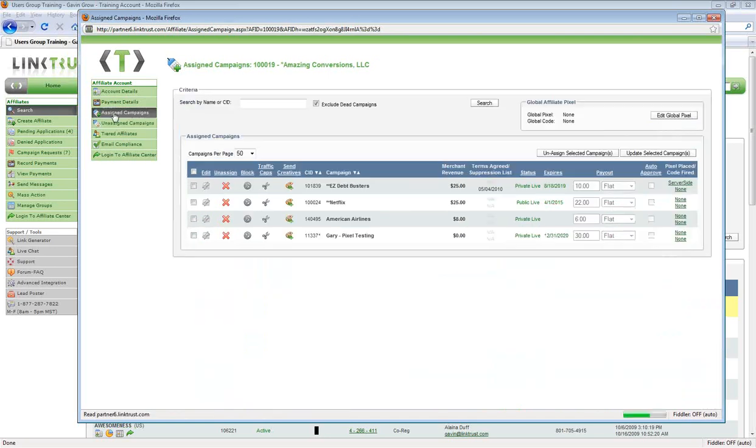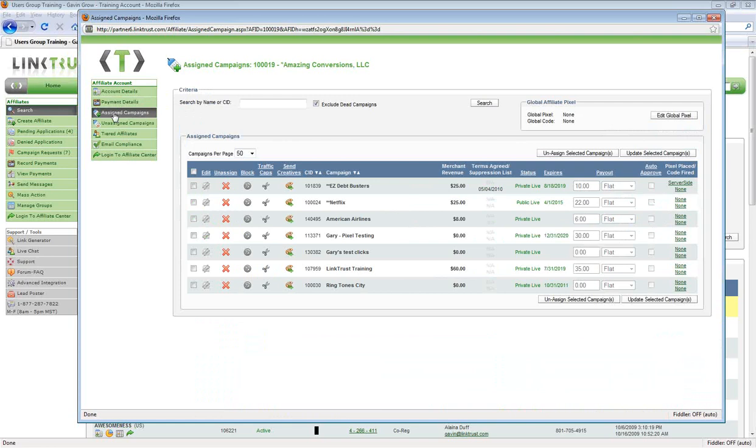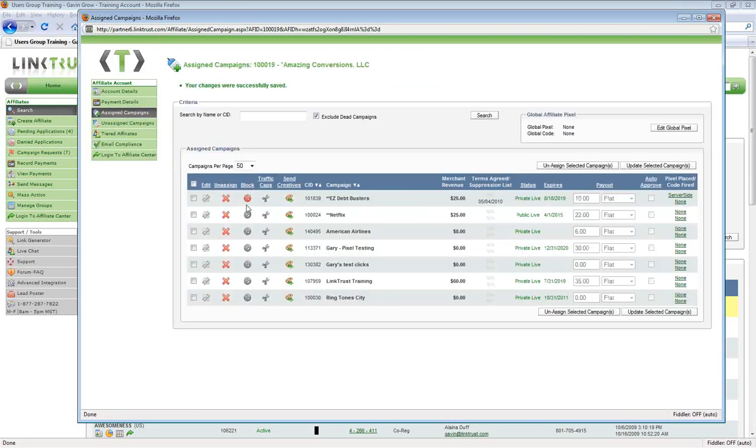Now that it's assigned to the affiliate, we can go to the assigned campaigns. Here, we've got a list of all the campaigns that this affiliate is eligible to run. There's a variety of things that you can do. You can block all their traffic. So if for some reason an affiliate is sending in completely bogus traffic all across the board for a specific campaign, you can select this icon here, and as you'll notice, it changes to red, signifying that the traffic is blocked. So if those links are still out on the internet and people are still clicking on those links